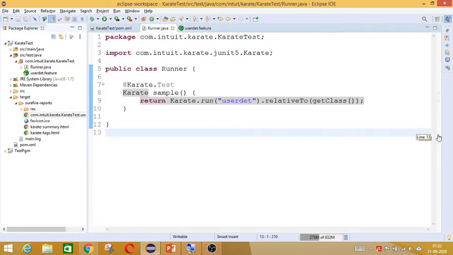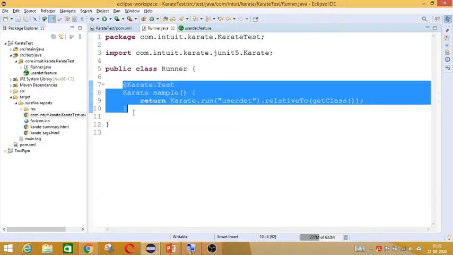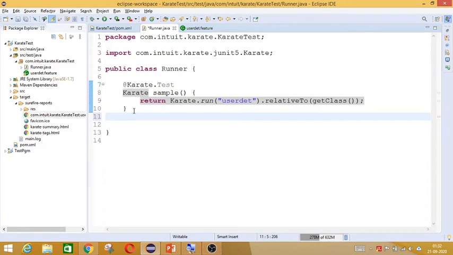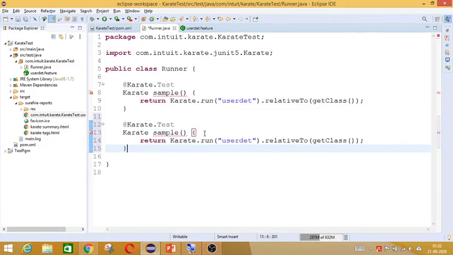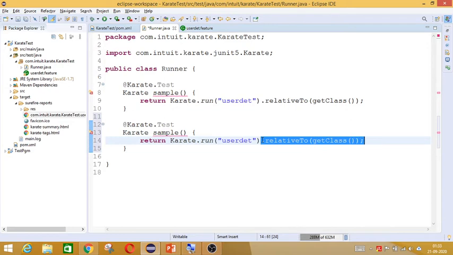In the same manner we will be executing by giving the classpath, which is the absolute path. So let us start by just copying the same thing, and we'll paste it here. Here instead of this relative and all, we will remove all this. So up to the end you remove it, and we will give the classpath here. So here you give classpath colon, you have to give the path for the feature.